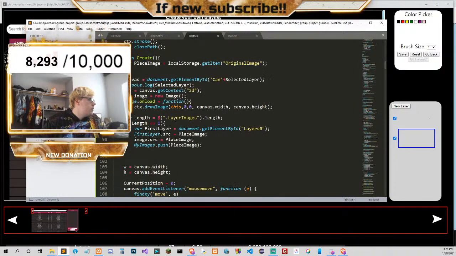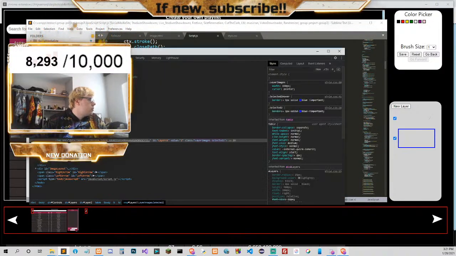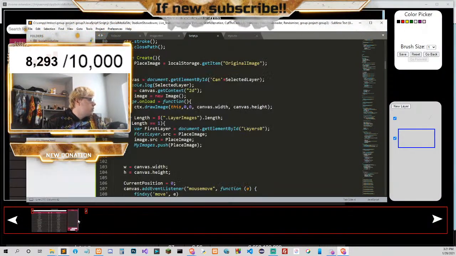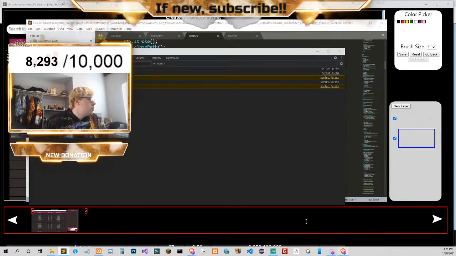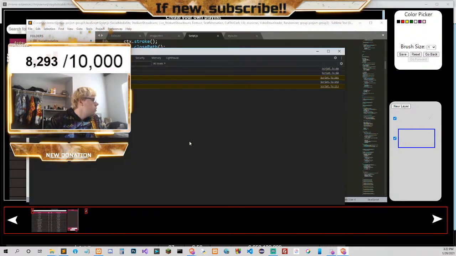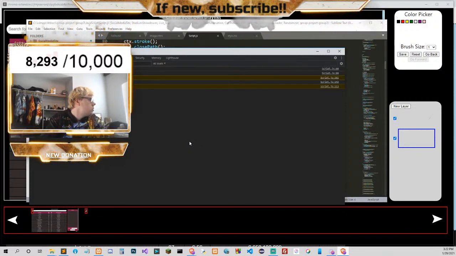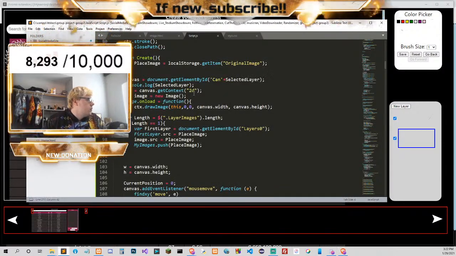Why is console selected layer...? Selected layer is 2.